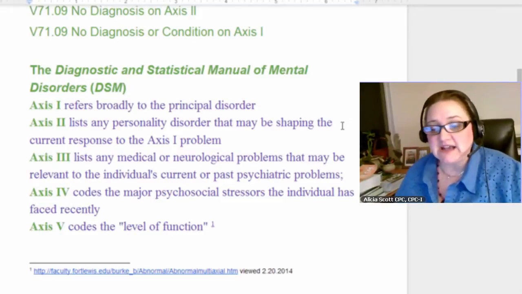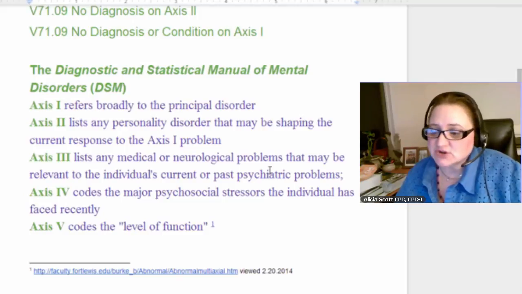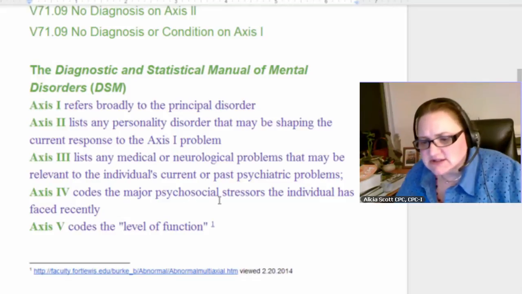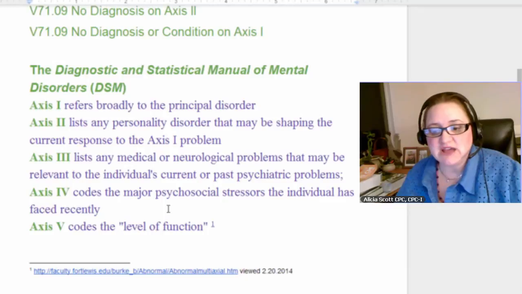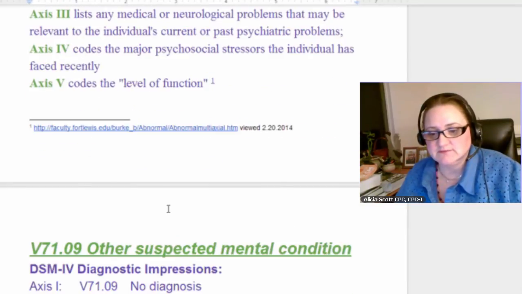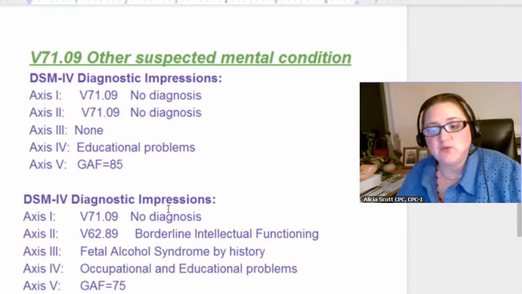Okay, and then axis 3 is going to list any medical or neurological problems that may be relevant to the individual's current or past psychiatric problems. And then we get into axis 4. That codes the major psychosocial stressors the individual has faced recently. And then last follows axis 5, which codes the level of function. And anyway, this is all based on mental health. So if we're going to see a breakdown of that, we have to think other suspected mental condition,